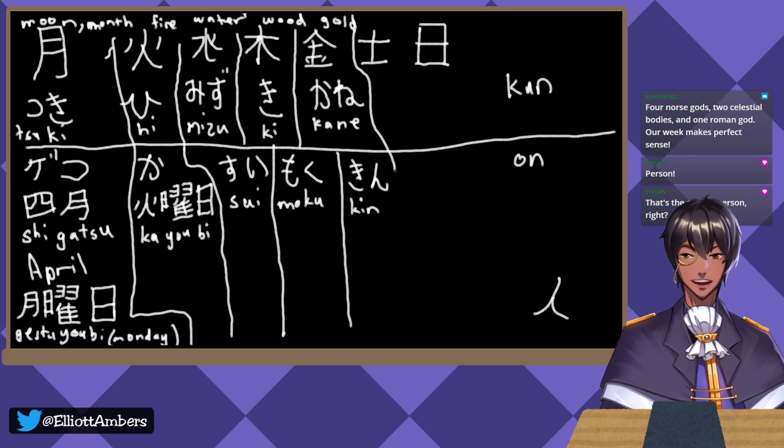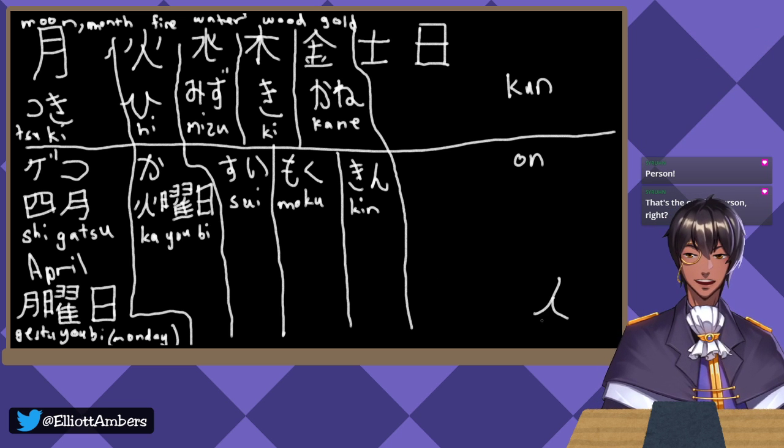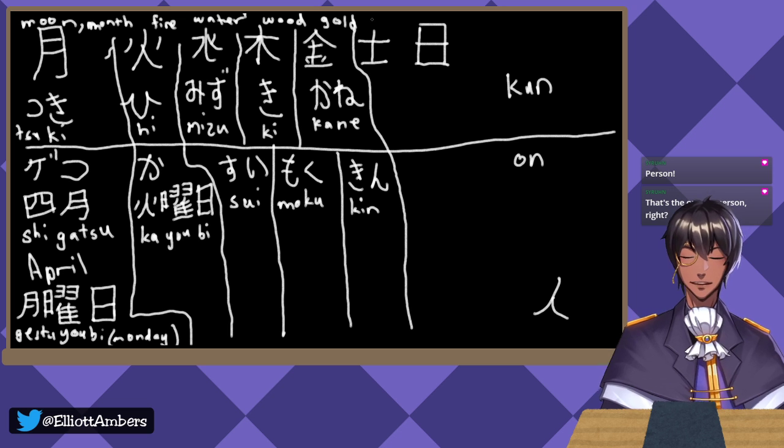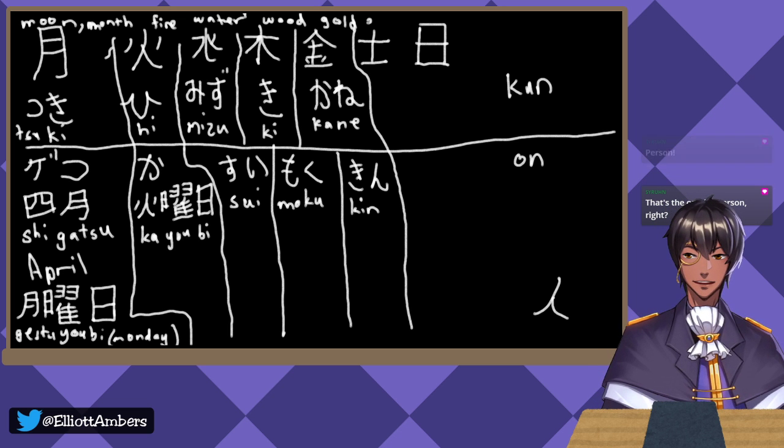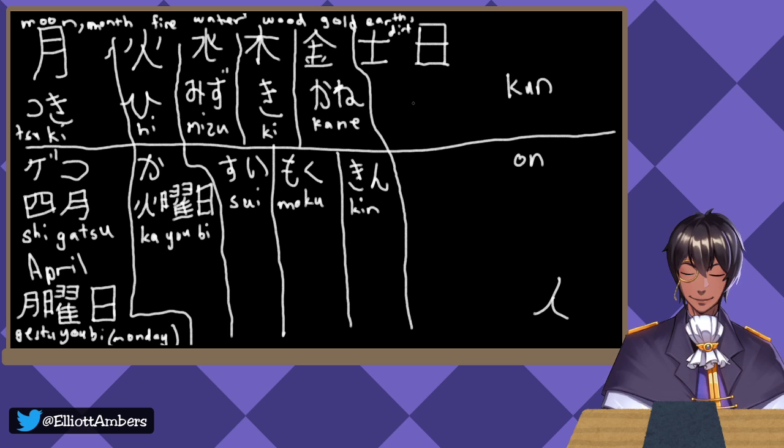And then here, down here, this is the kanji for person. Here, this is dirt, or earth, actually. Earth or dirt. And this is, let's see, the